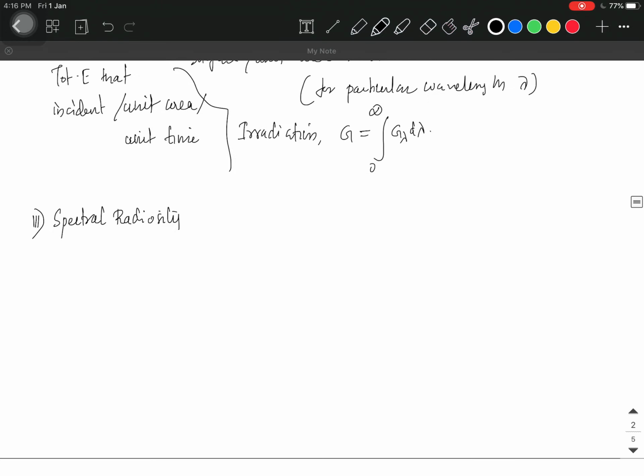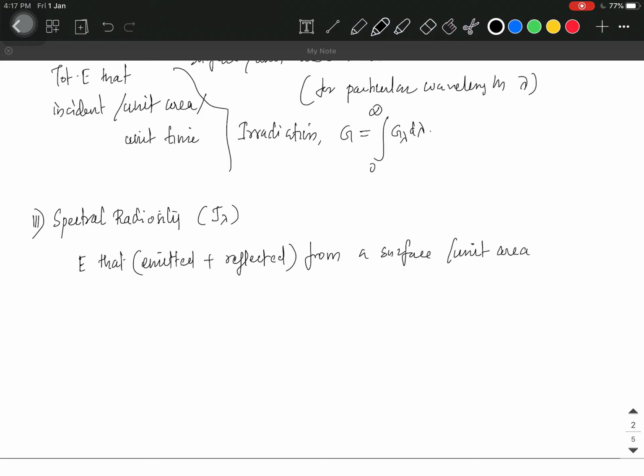Okay, so in a similar way that we described the irradiation and the emissive power, we can define the spectral radiosity, which is denoted by the letter J lambda, as the energy that is emitted plus reflected from a surface per unit area in unit time. This is called the spectral radiosity,